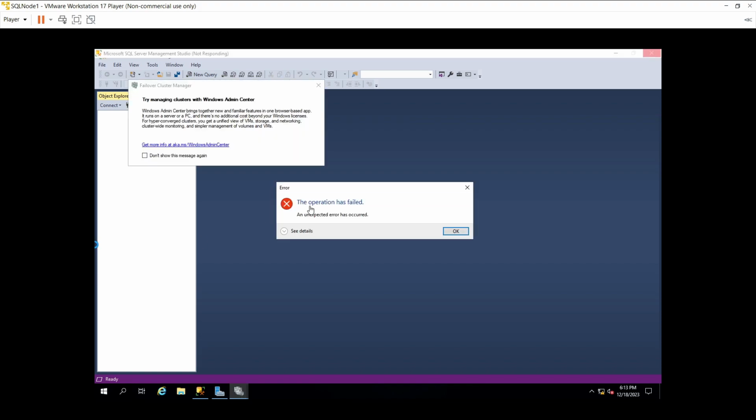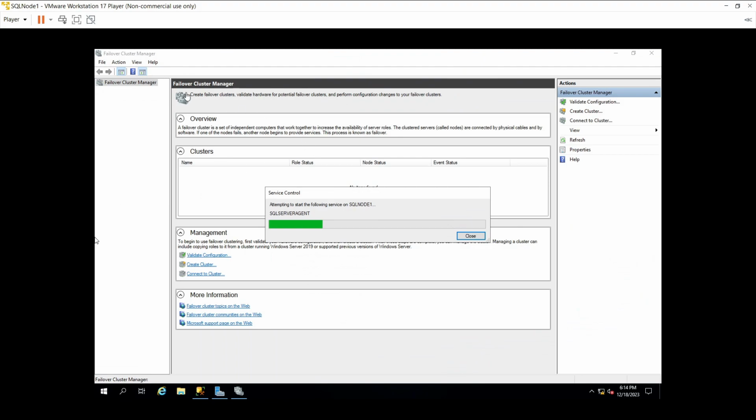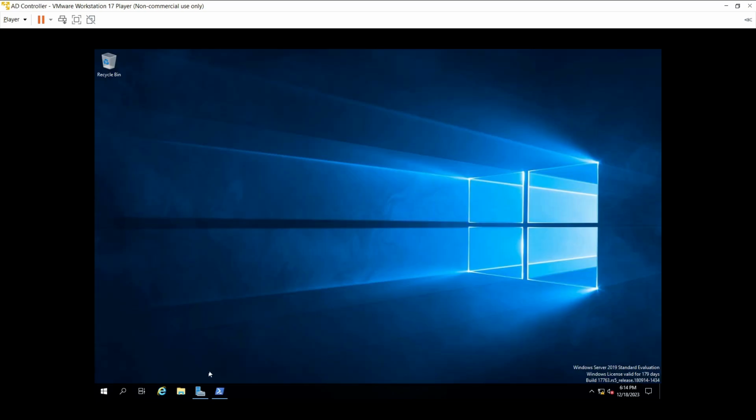Next thing, what we have to do, this is the window of the Failover Cluster Manager, and here we have to create the cluster. Correct. So, on the Active Directory controller machine, you want to search for